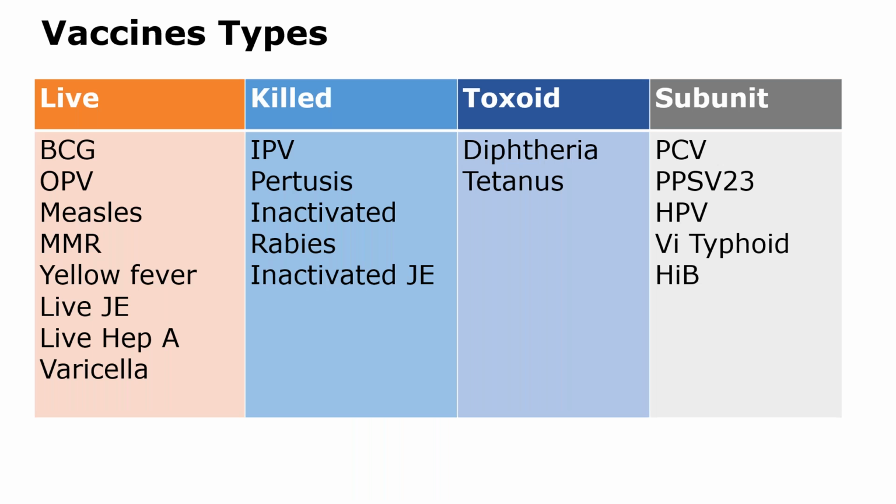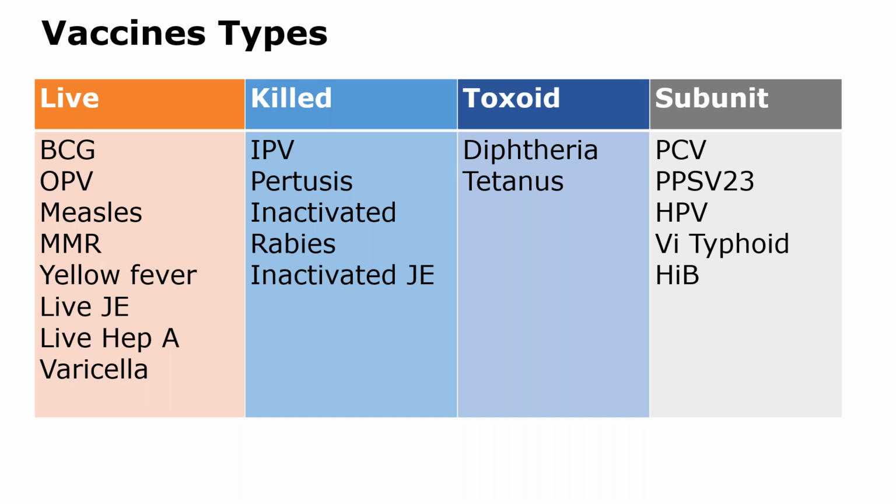So basically, in this session, we'll be dealing with the practical demonstration. So we'll be dealing mainly with the practical aspects of various vaccines that are important for us, right? So there are basically 4 types of vaccines. We have the live vaccines, the killed vaccines, the toxoid vaccines, and the subunit vaccines.